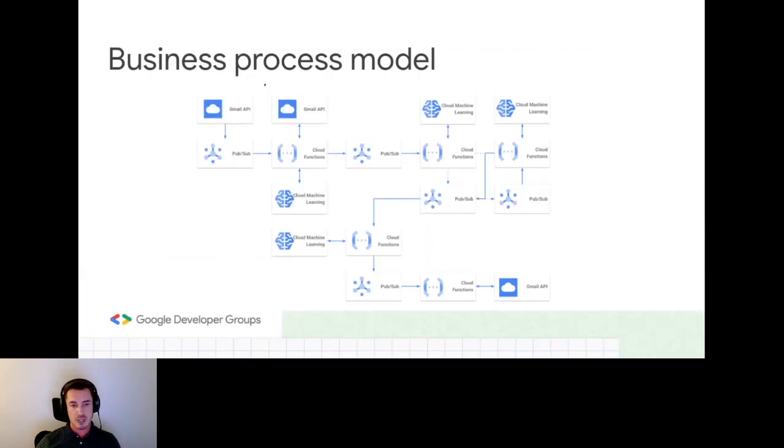So the whole process is this, going from the beginning: the Gmail API with the PubSub, and then the invocation of Cloud Functions, sending over to AutoML, and back through PubSub. So a lot to take in on this slide. We will not get into too much detail on it, because we will come back to this one at the end. First we will dissect everything step by step, and then we'll come back to it so we can get a better understanding.